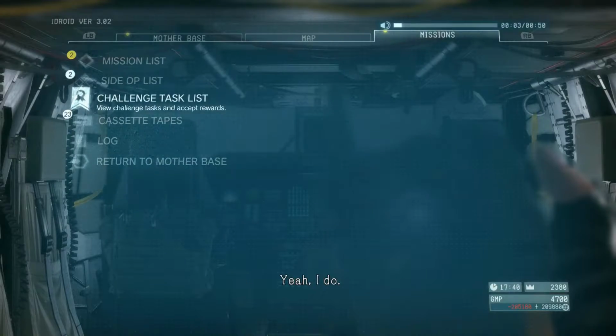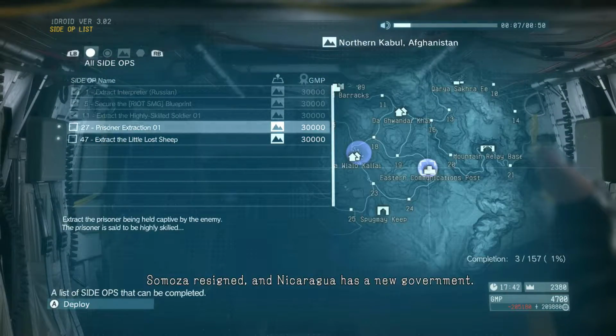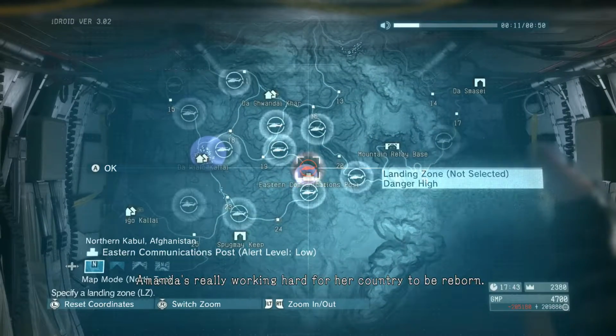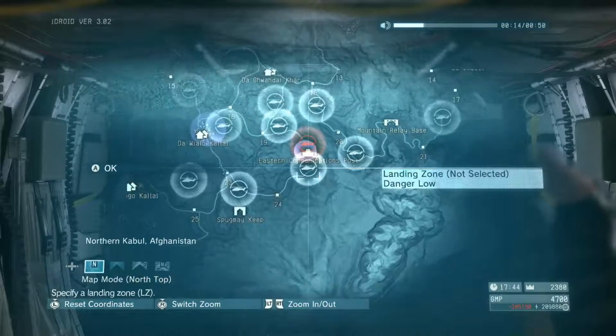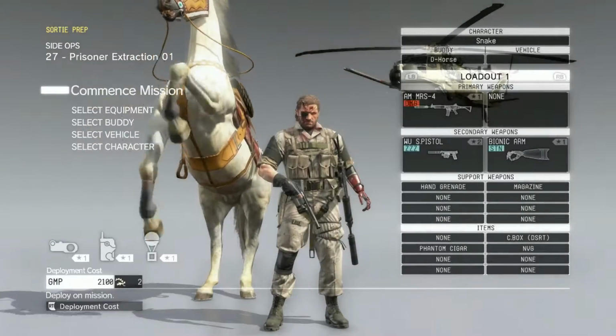Remember Amanda? Yeah, I do. Their revolution was a success. Somoza resigned, and Nicaragua has a new government. Amanda's really working hard for her country to be reborn. Good for them. She says she wishes Chico could be...